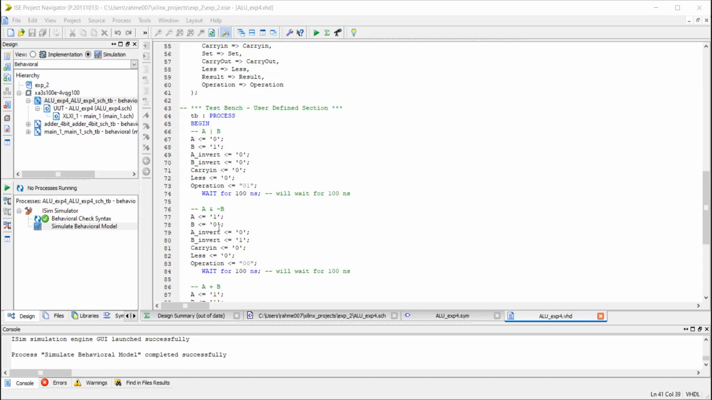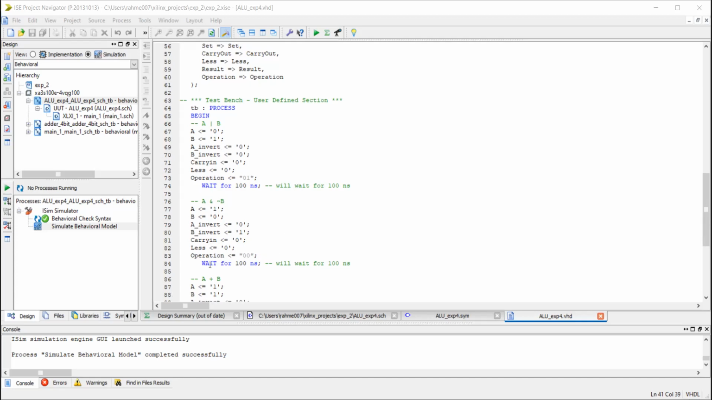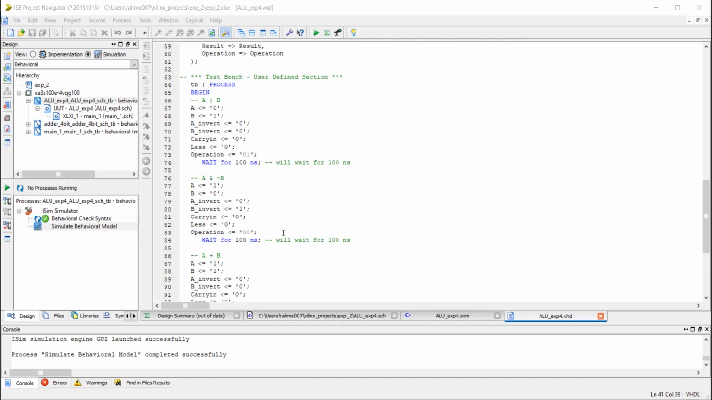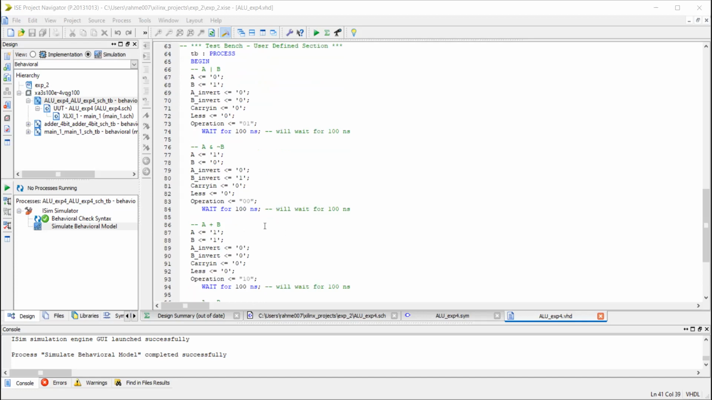And the operation, as we will deal with the AND operation, you can put it as 0, 0, because we have assigned the AND operation as 0, 0. So you can do that as well. Then after that, you wait for 100 nanoseconds, then go ahead and change the function